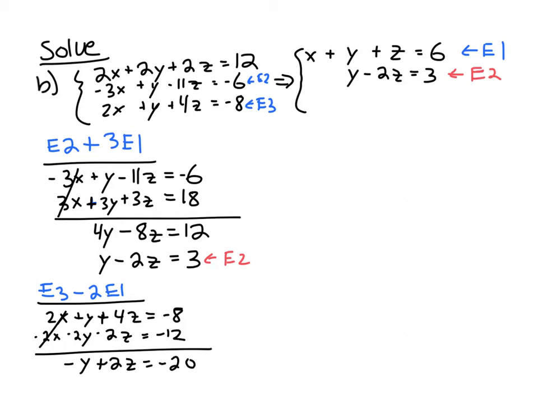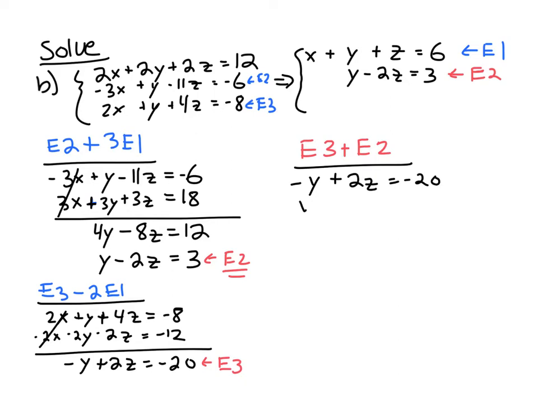Okay, now I need to eliminate y from this. Okay, so this is my new equation 3, but I still need to eliminate y, so I'm not quite done, right? Because equation 3 needs to have only z. So I'm going to look at my equation 2, and if I add those two together, then I should eliminate y. So equation 3 plus equation 2 should do the trick. So let's go ahead and do that. So we'll have -y plus 2z equals -20, and then y